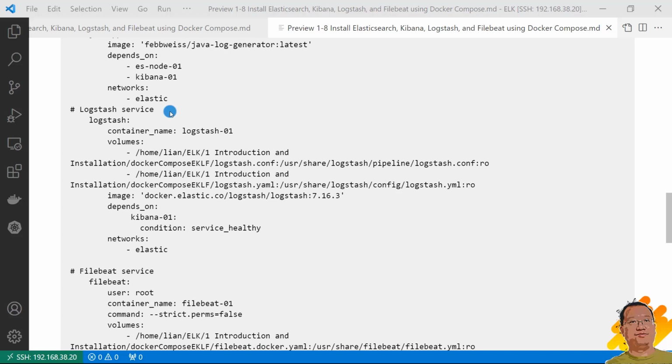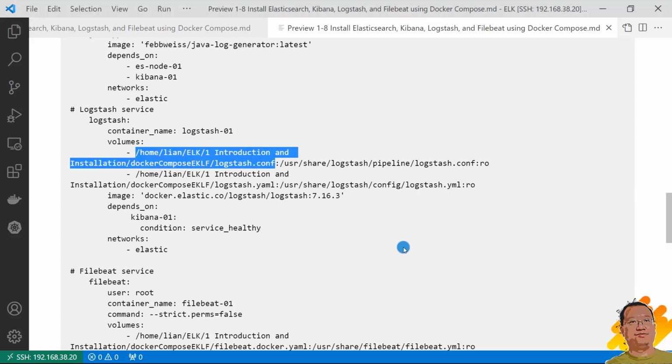Next service is Logstash. It mounts the logstash.conf and the logstash.yml files to override the Logstash default configuration. I will create other videos to share more detail. Depends_on condition: the value is service_healthy. This is an absolute path. After you get my Docker Compose file from GitHub, please change the path to your local